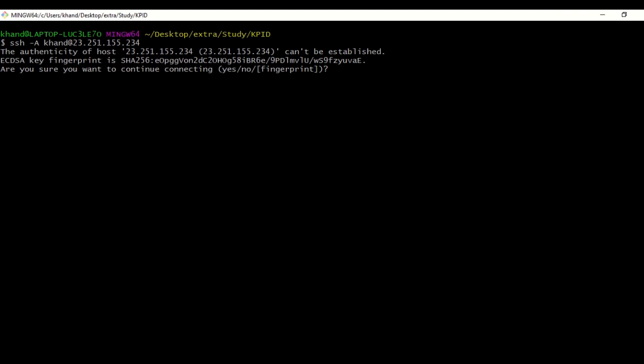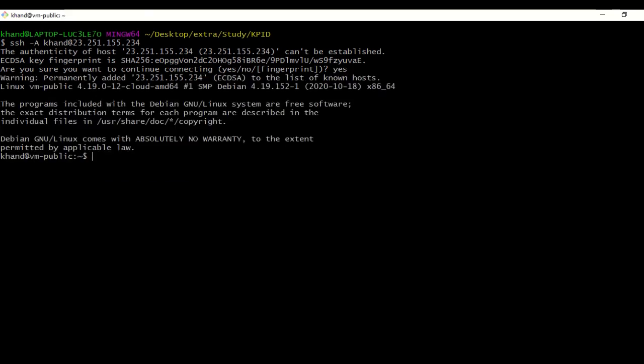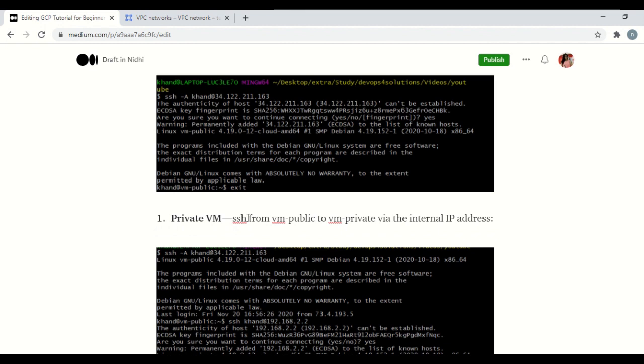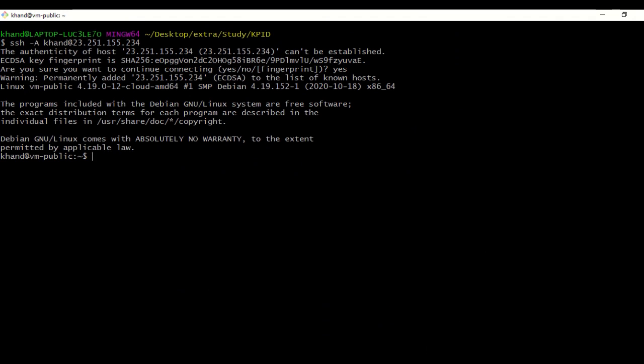Let me just log in. Here you can see that I am able to log into this instance. Now let me log in to the private VM also. As I've said, the private VM you can log in to only through the public instance via the internal IP address.